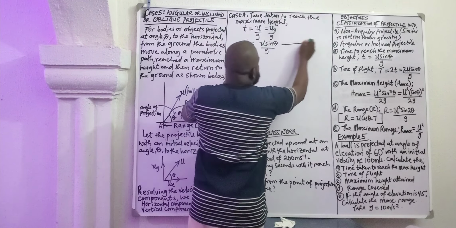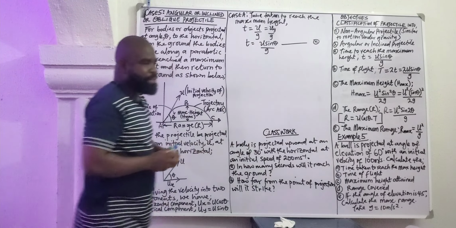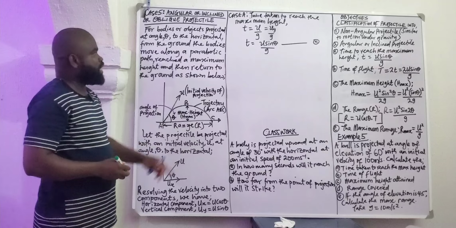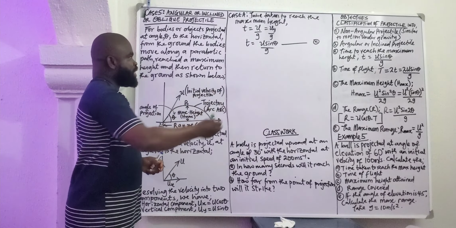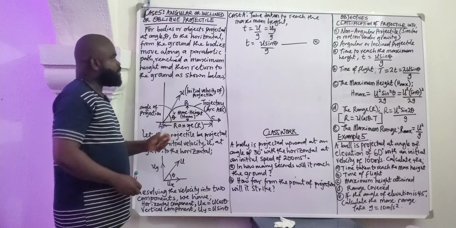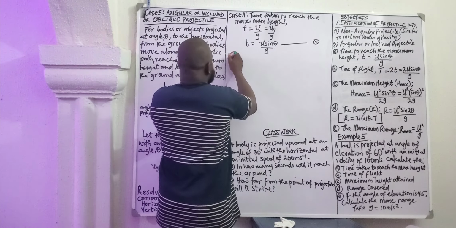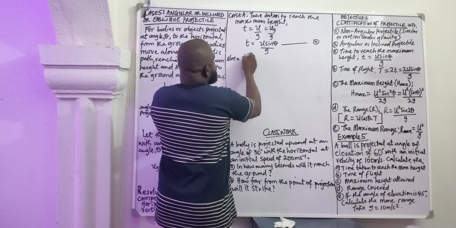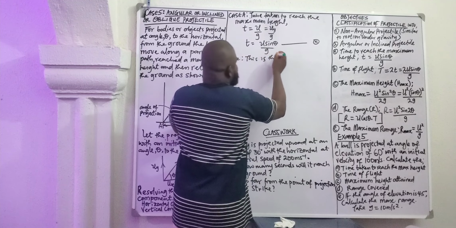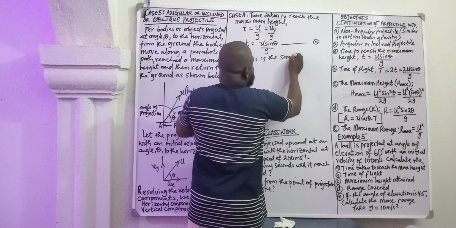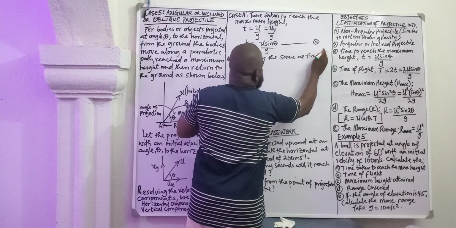This formula is used to obtain the time it takes to reach the maximum height. Now there's an angle, so for inclined projectile, when the object is thrown at an angle, the time it takes to reach the maximum height is u sine theta over g. And like I said, you will note this is the same as the time